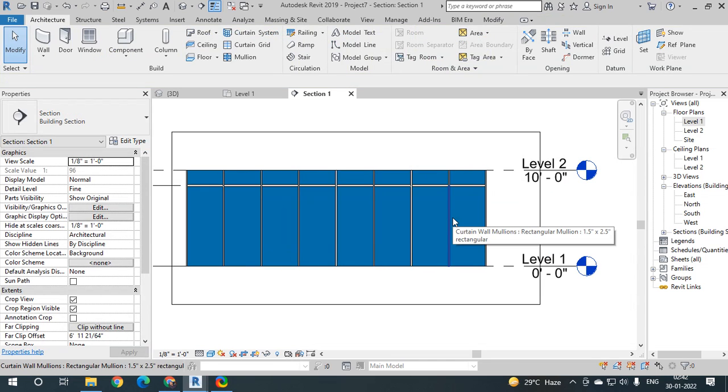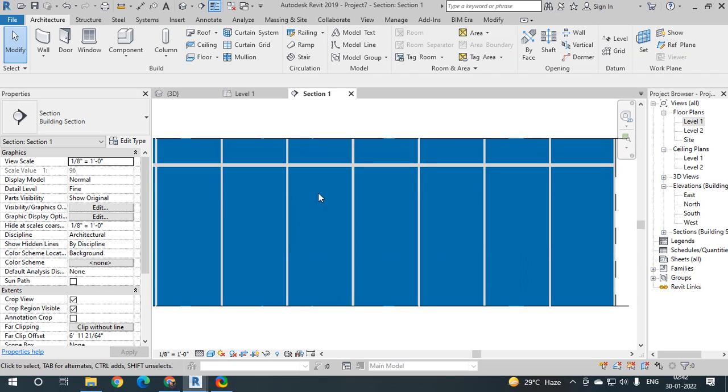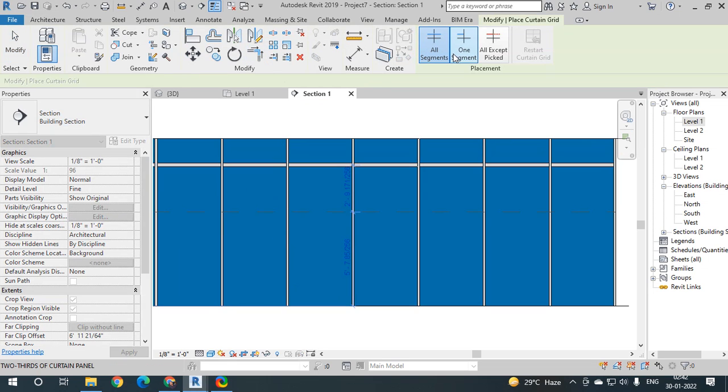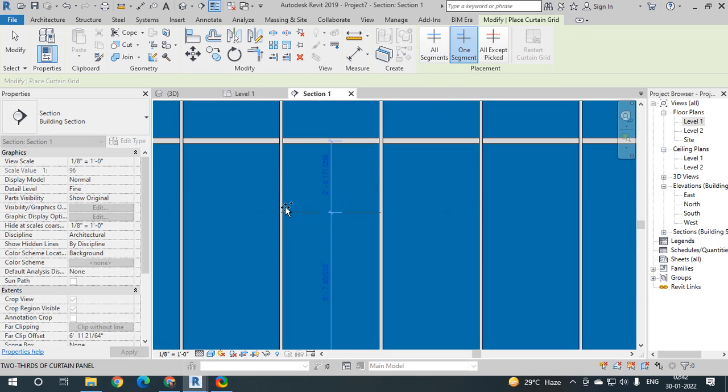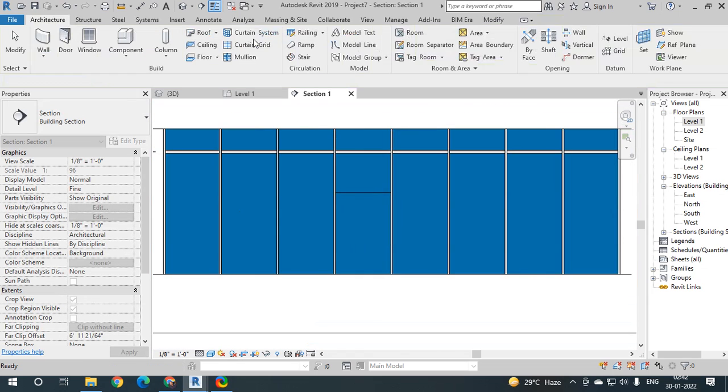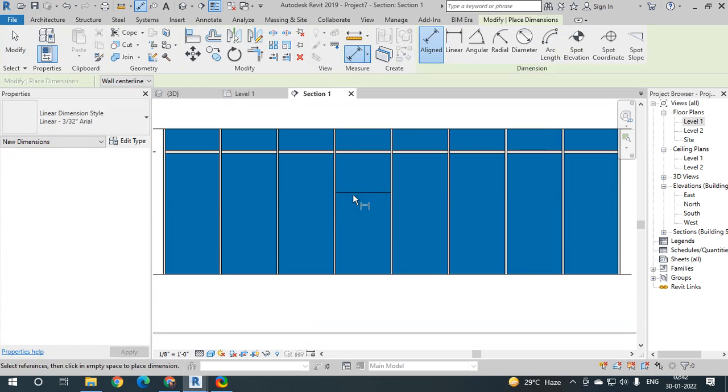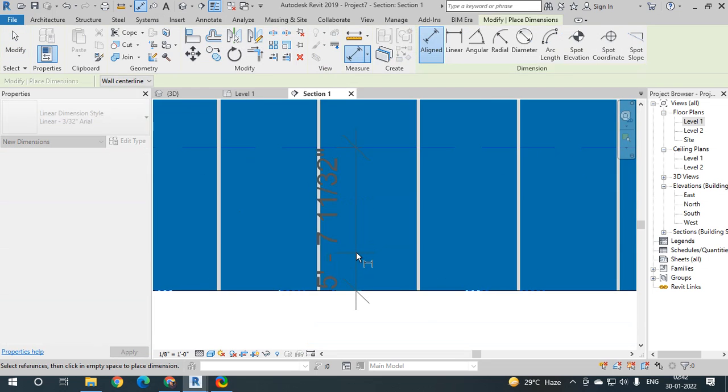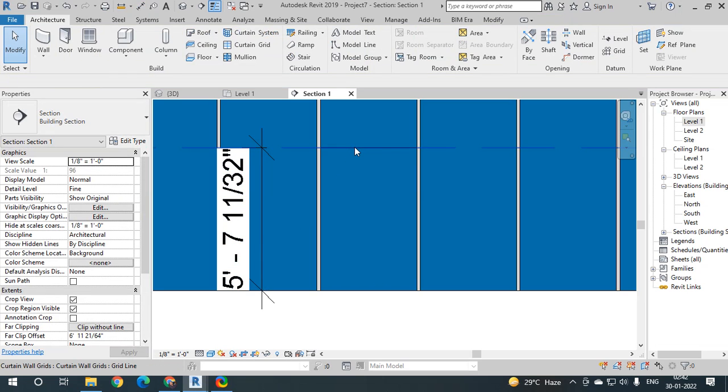Now I will show you how the doors get placed inside the curtain wall. So for placement of the door, I will just have to make a space for the door. If I want to place a door inside this glass panel, I will have to create a curtain grid here, one segment, and then I will place the grid here, and I will have to adjust the distance between this grid and the base constraint to the height of the door, whatever the height.